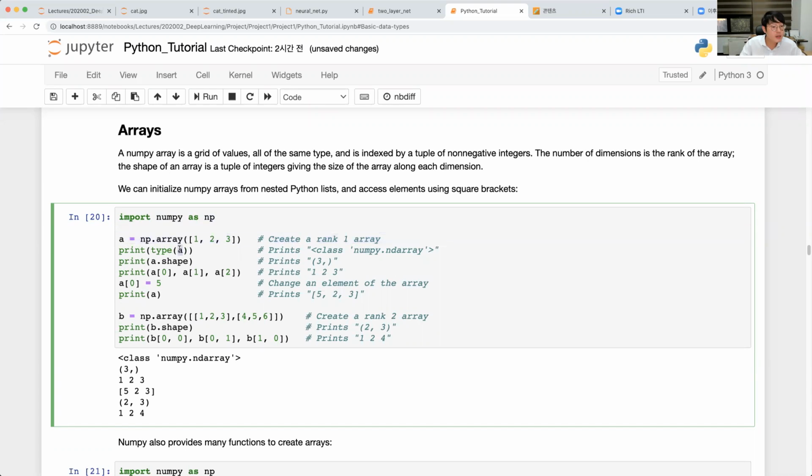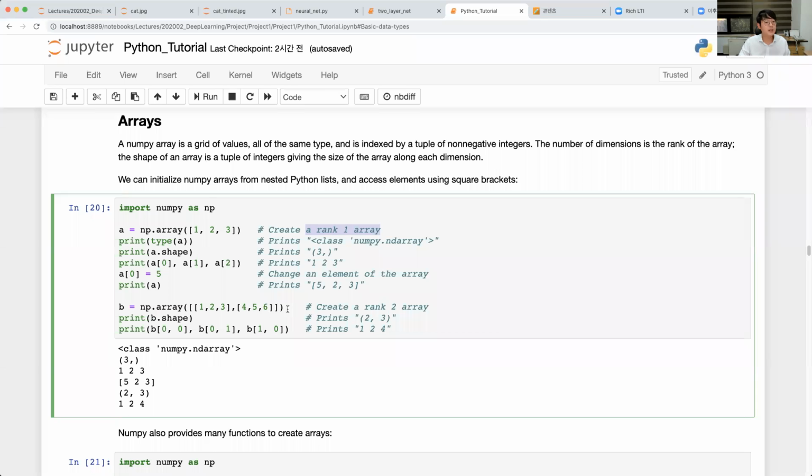And we can check the type of the array, check the shape of the array, and access each element. This variable a is a vector, right? It means that it is a rank 1 array, or just a vector, but we